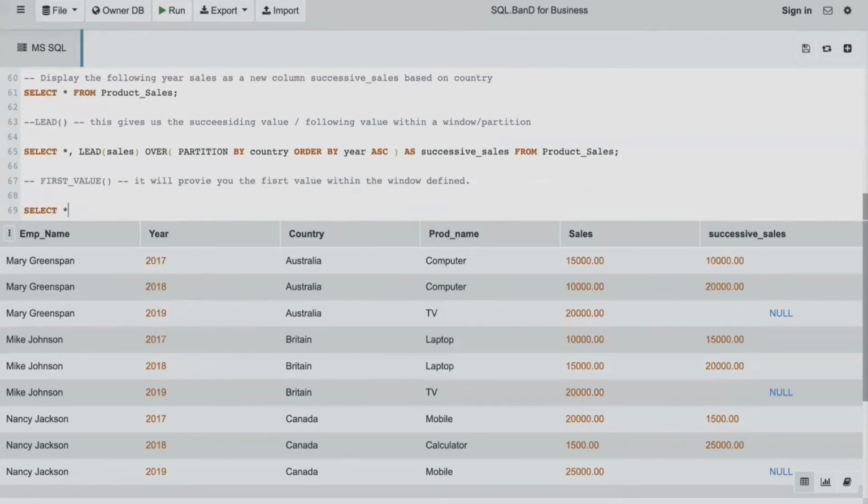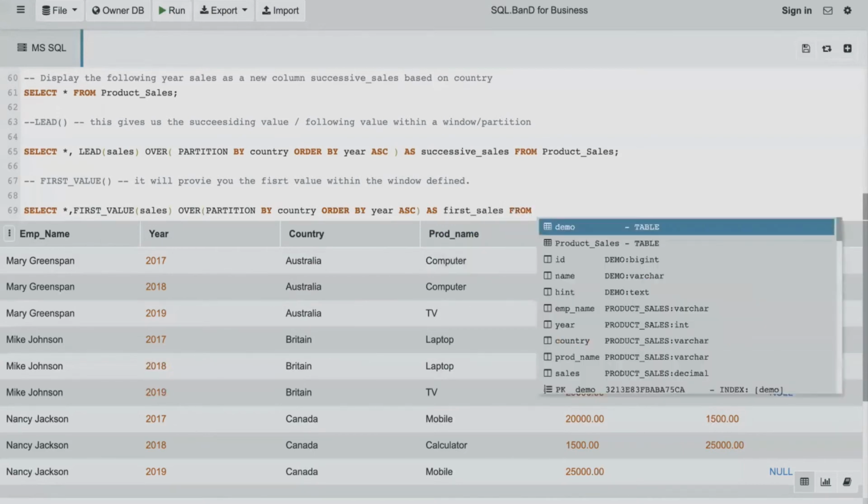Select star comma first value of sales over partition by country, let's say order by year in ascending order, sales from